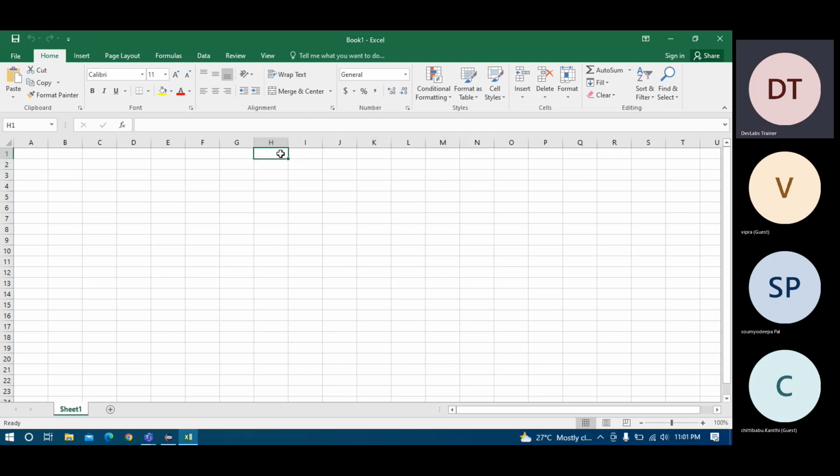So suppose that we have an array of size 5: 0, 1, 2, 3, 4. Like this, it will acquire a continuous memory location in the same row.